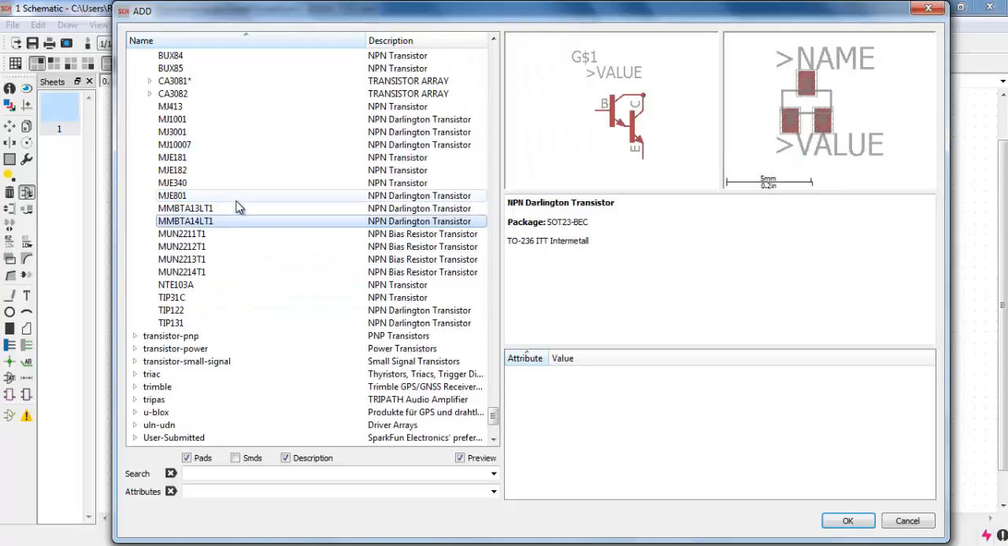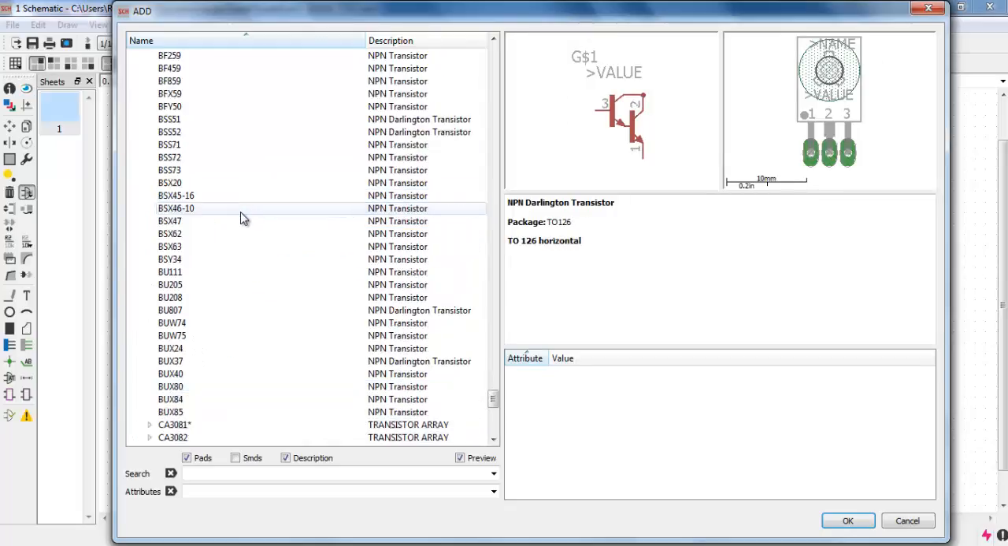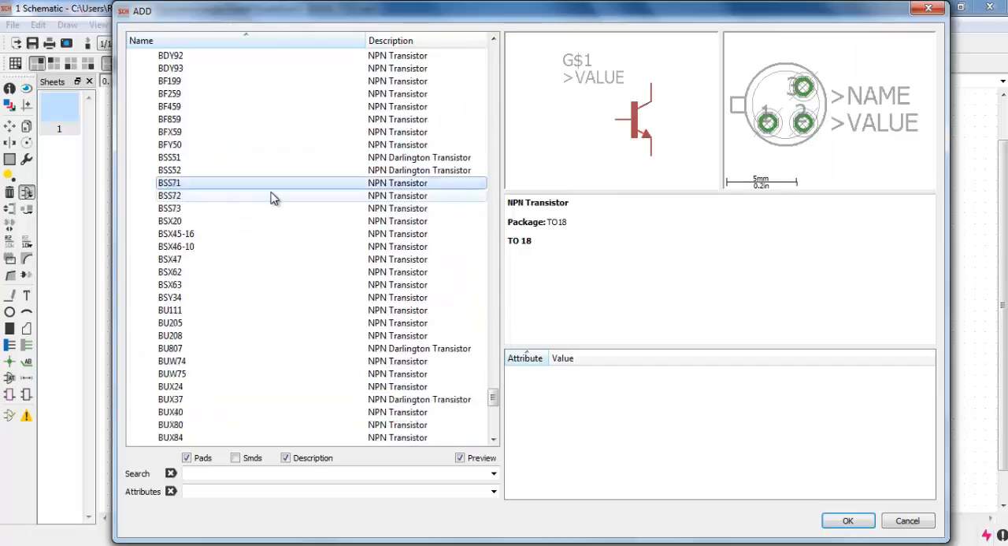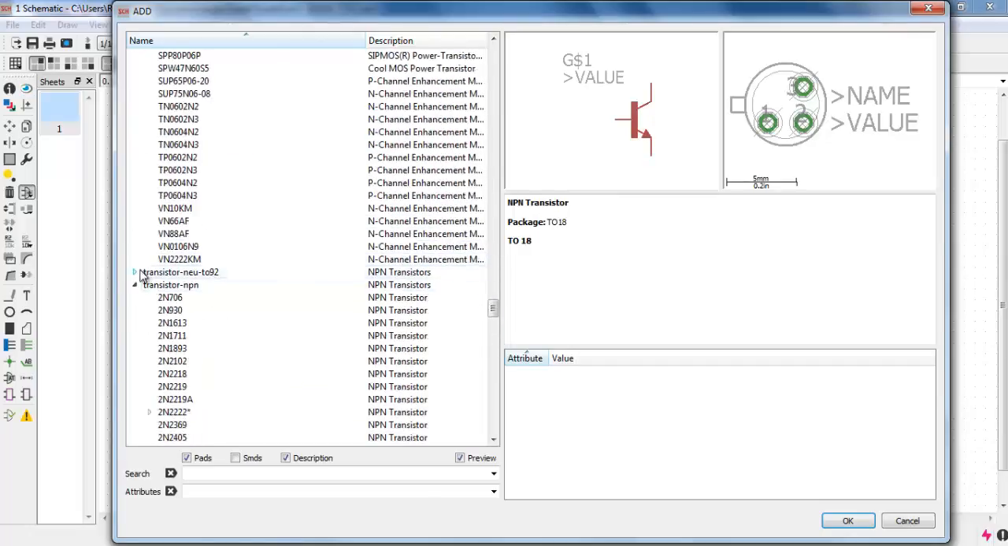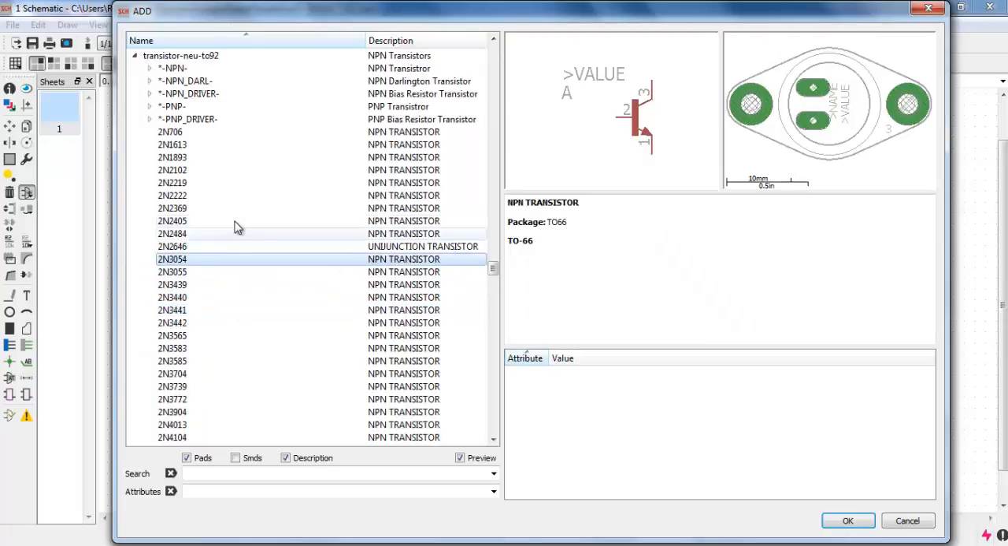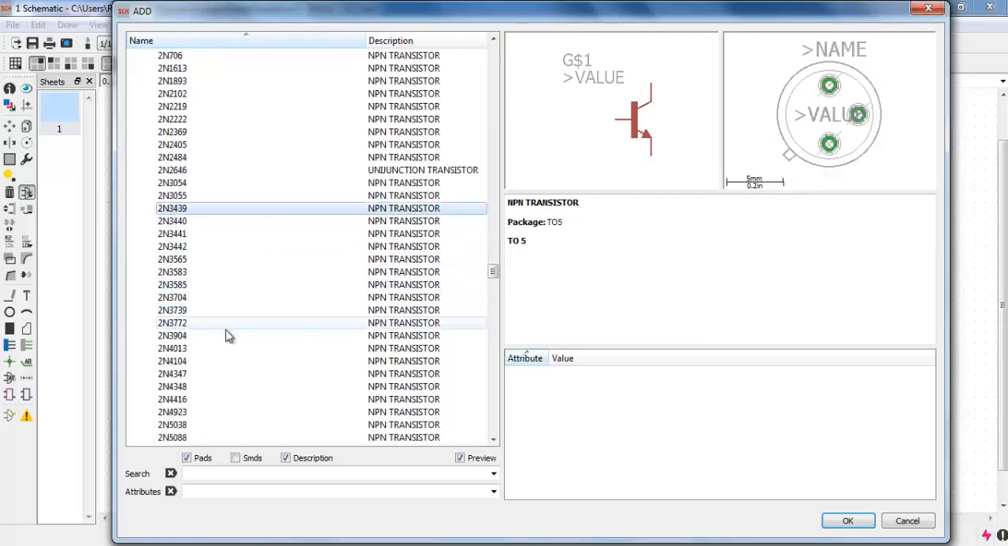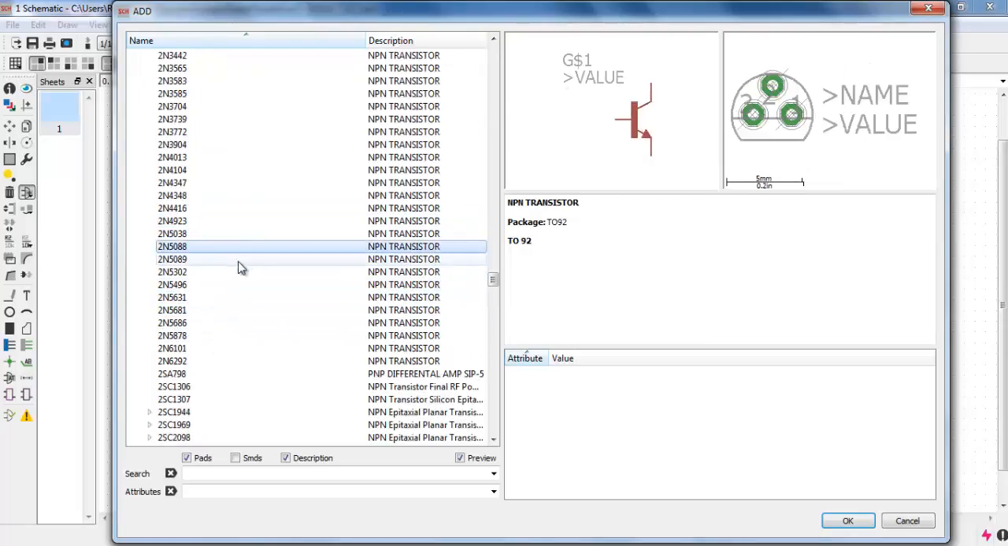These are the NPN Darlington pairs you can see in the circuit diagrams, and if you scroll up you can see the various transistor notations also. These are the TO5 package, and these are the TO93 package. The package is always written over here. You can see the transistor is always named by its number. You can directly search it, like I am going to search